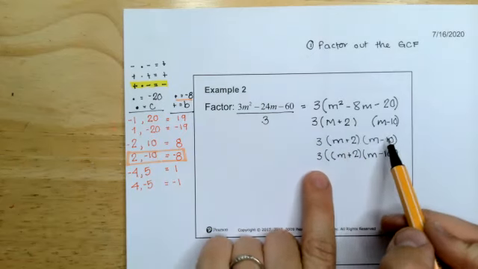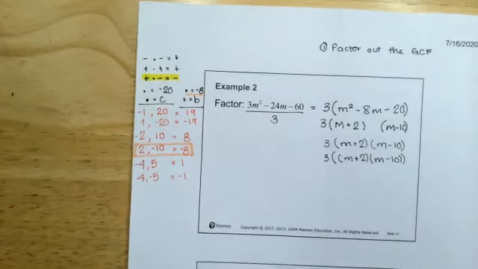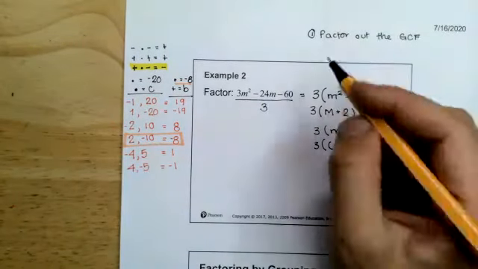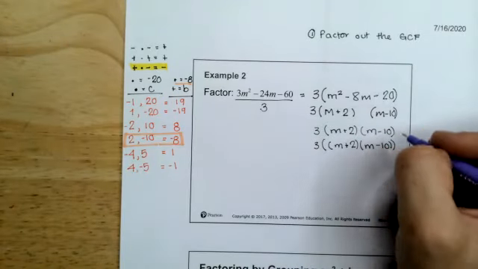3 times that, or that times 3. Does not matter. That doesn't change it. Good. Just make sure you don't forget to bring down the 3, and you can check it, right? So if we check it, we're going